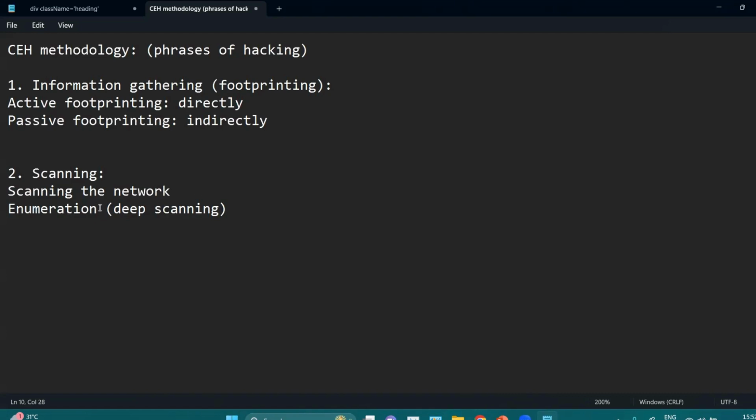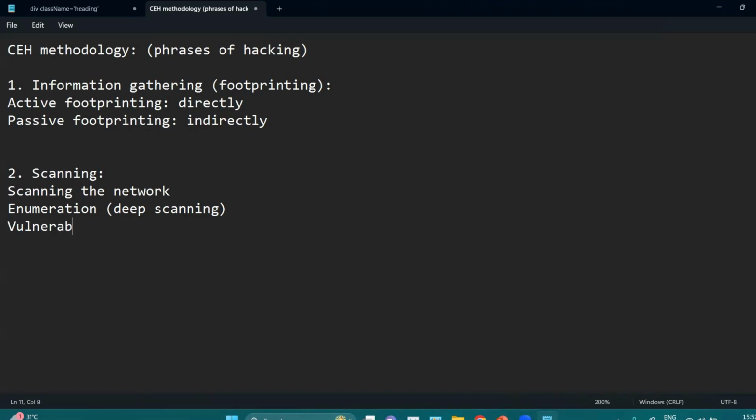Okay, enumeration is not hacking. It is just something where you are scanning in depth. You are collecting the information, which is like some deep, or we can say some confidential information. Okay, that is enumeration. Then we have